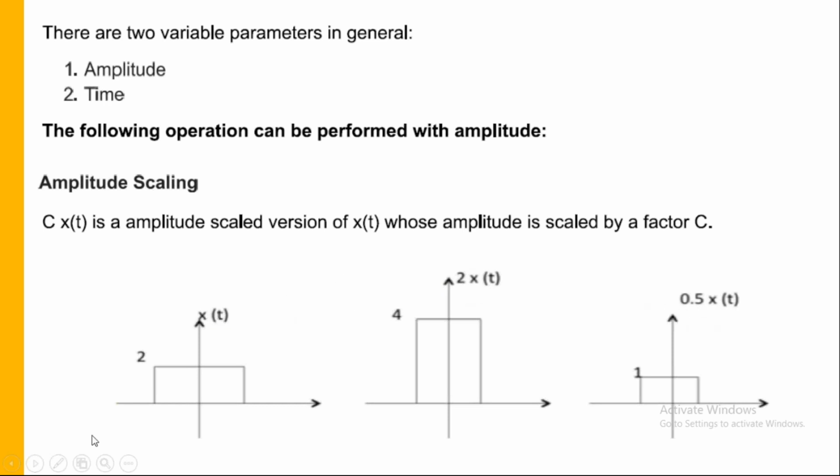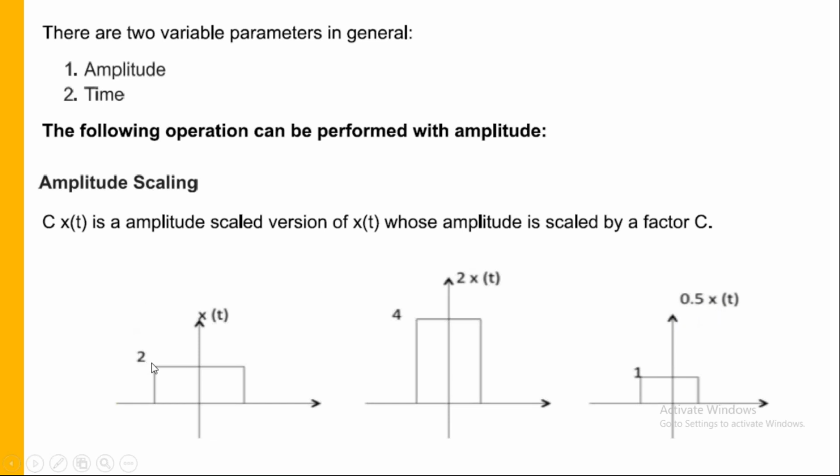x of t is common, which is the same rectangular pulse, but the waveform is different for x of t, 2x of t, and 0.5x of t. That is because of this scaling factor. Here the scaling factor is 1, so the amplitude is 2. Whatever amplitude I have, the same amplitude I'm going to get. Here the amplitude is 2 times x of t. That means whatever x of t I have, the amplitude is multiplied by 2 again. So that is 2 into x of t. Then here the amplitude is 0.5. That means what will happen?